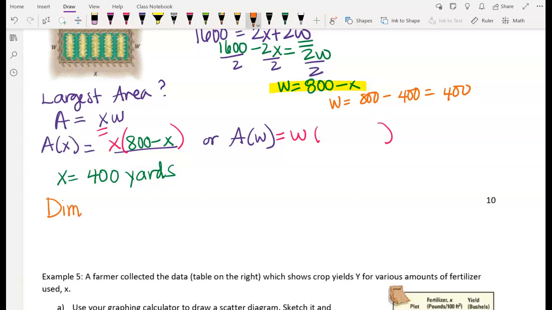Okay, dimensions. Okay, 400 yards by 400 yards. That will answer dimensions. Okay,